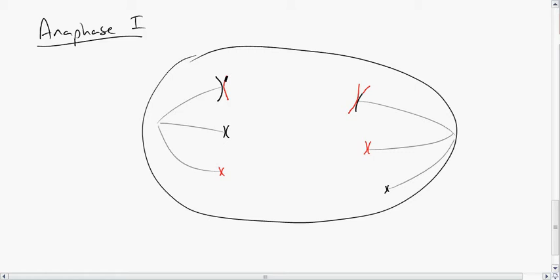So this process is called disjunction, which is the pulling apart of the chromosomes. Now, occasionally,